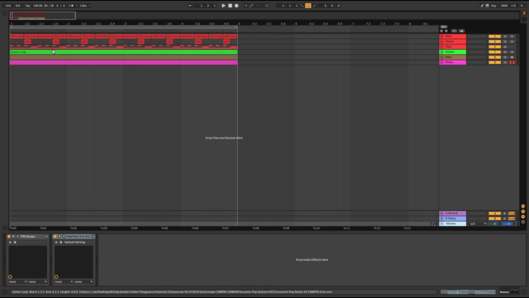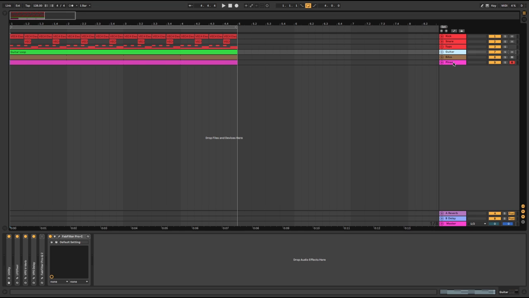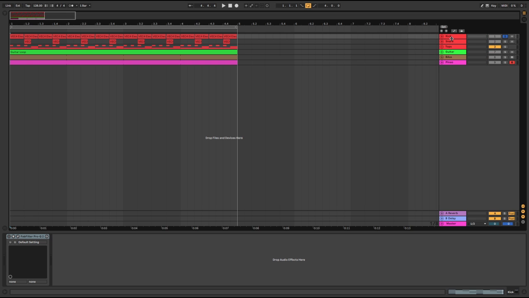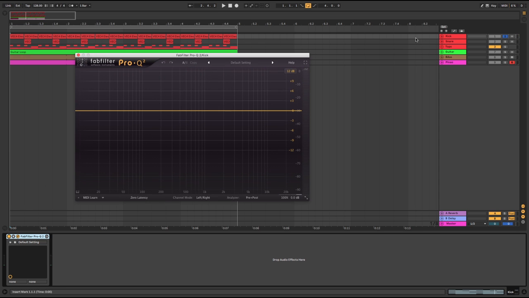So now, how would we use these? I've got a little loop I've created going here. And on the majority of these tracks, the kick, the top group, the bass, the guitar and the piano, I've added an EQ to show you some examples. So if we just play the kick by itself for now. Now, on that kick,